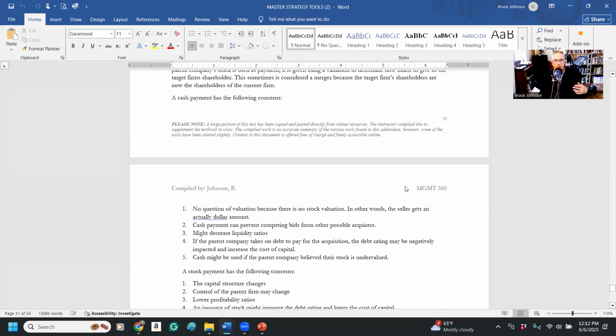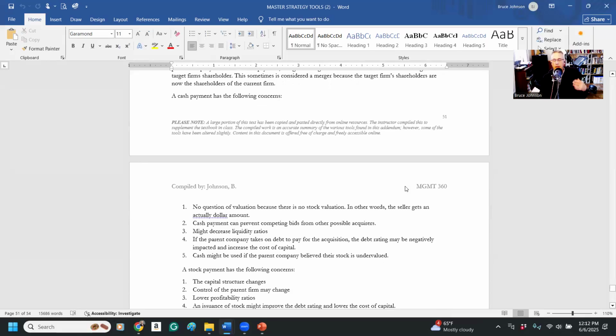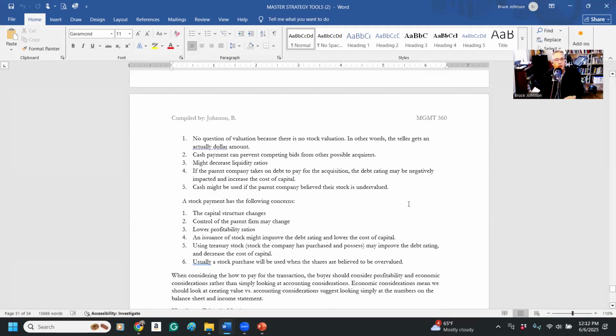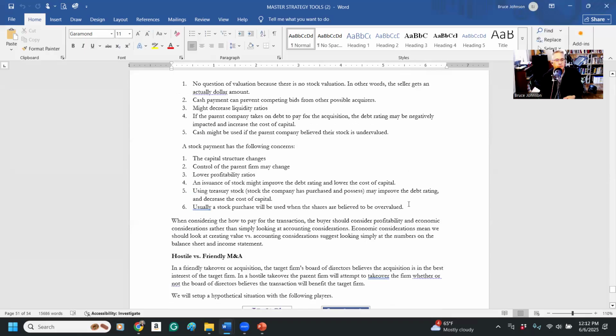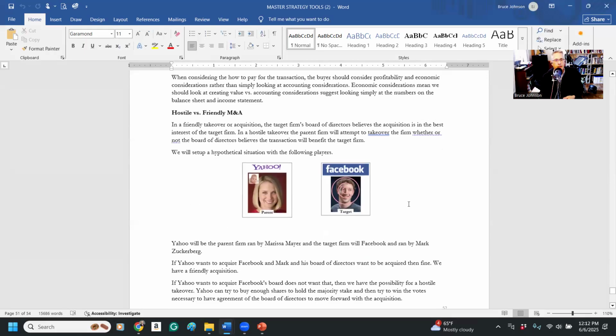Financing mergers and acquisitions: there are as many ways to do that as humanly possible. It's the same as buying a business or buying a small business. You can do stock ownership, you can pay flat out in cash, or go to the bank and borrow money. Many, many ways to do this, and I'm not going to test you on that.